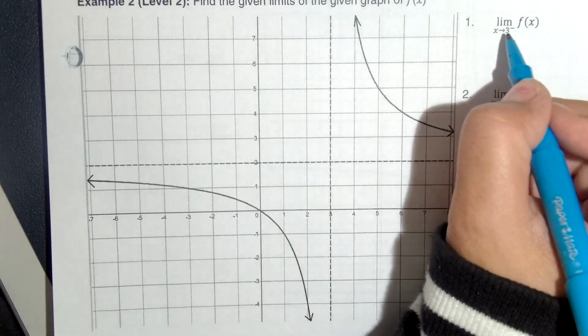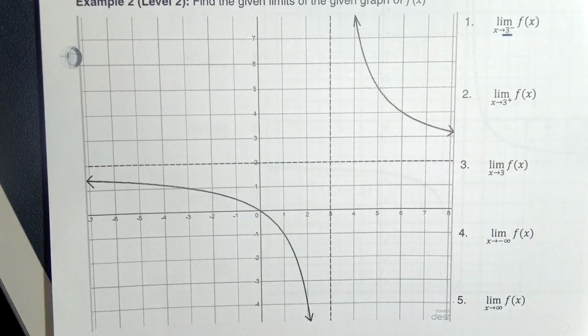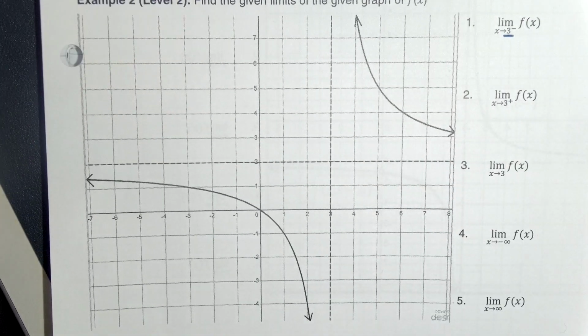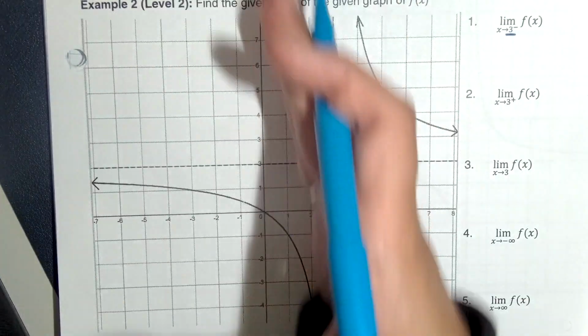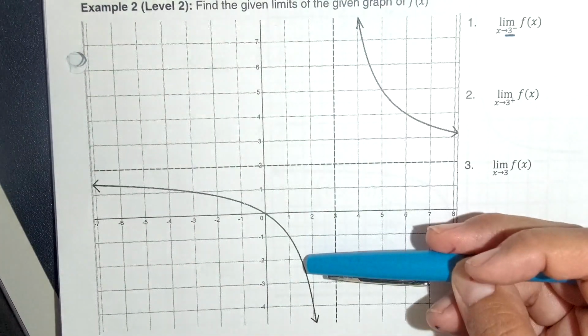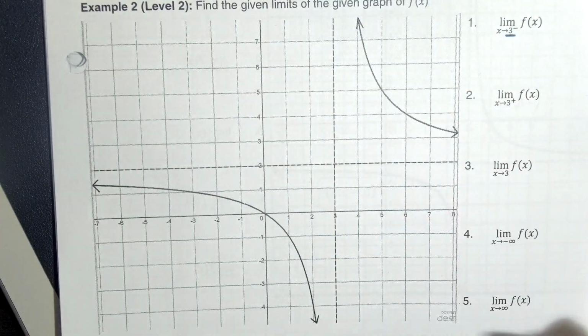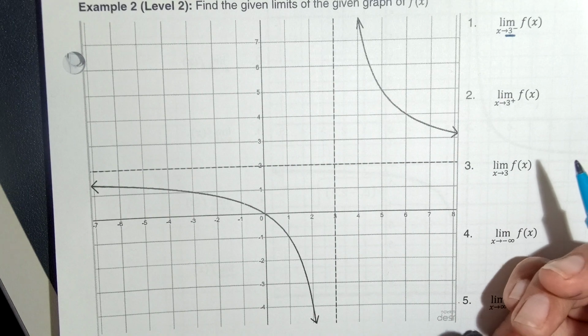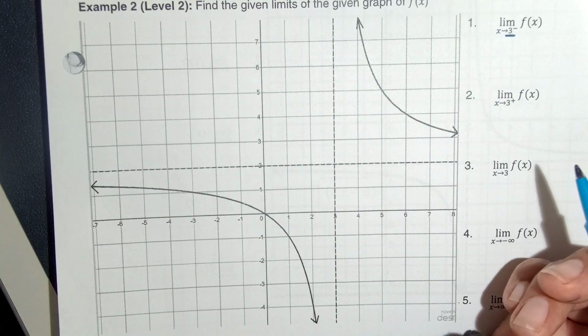So we have 3 from the left. Right now, I'm gonna give you the asymptotes where the line is. You know how I had you draw a line at those values? Asymptotes will be given with a